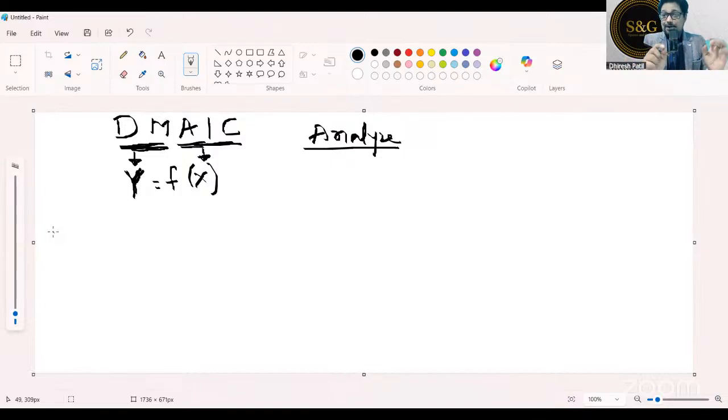Now today's topic, we are talking about the Analyze phase. So in the Analyze phase, what are the tools generally we use? Basic tools we use in Lean and Six Sigma. Let's talk about Six Sigma tools more. General tools, which we already have covered in Yellow Belt as well. Even new people also can contribute. Super. It's the first and the foremost, the most important tool. It's called Fishbone. Very nice. Super. So in the Analyze phase we use Fishbone.